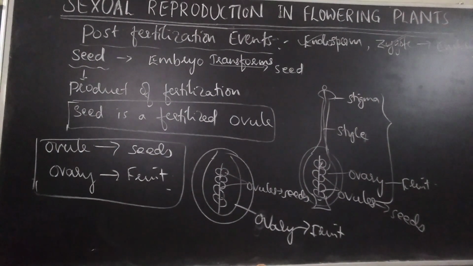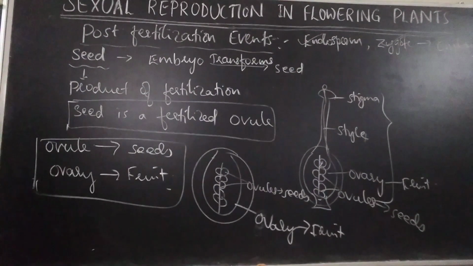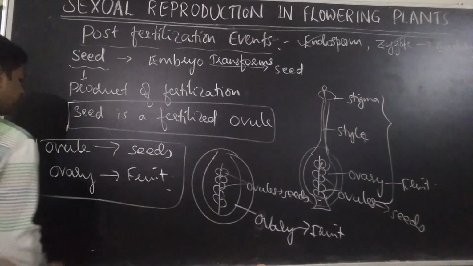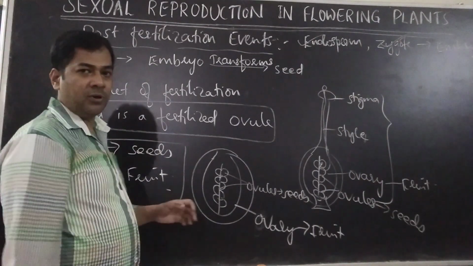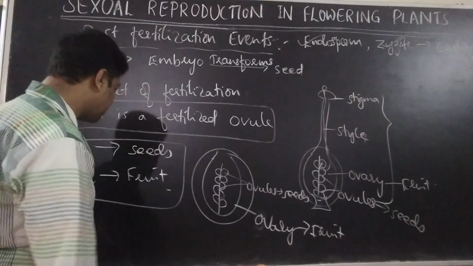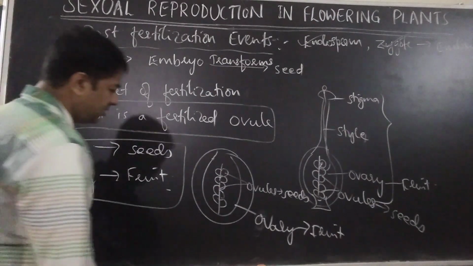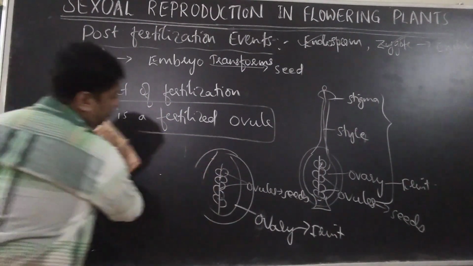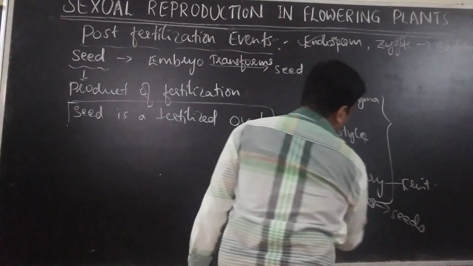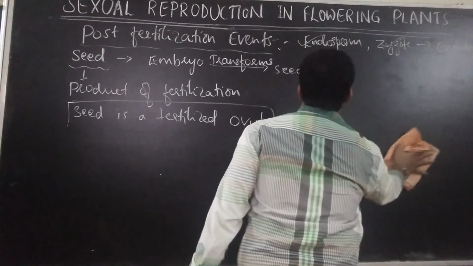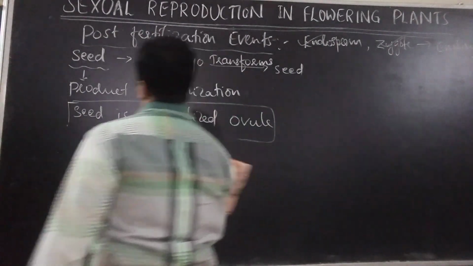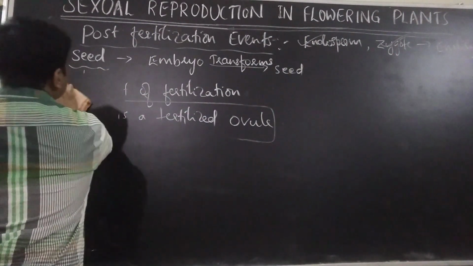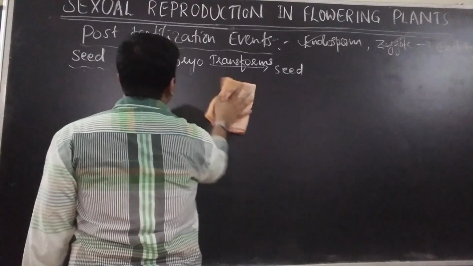That is, what a seed contains. Seeds are formed or produced inside the fruit. What does a seed contain? What are the parts of a seed? Let us see. What are the parts of a seed? Let us study with a diagram.